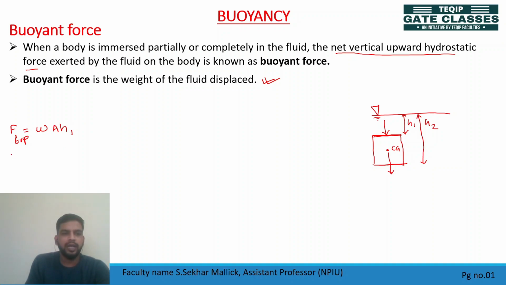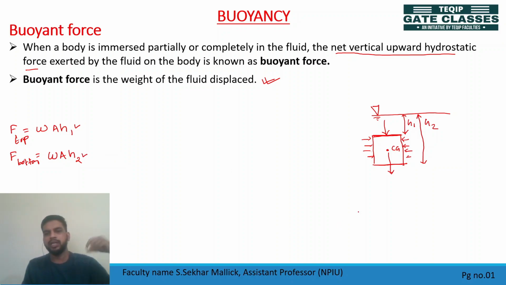And how much will the hydrostatic force on the bottom part be? Tell me the bottom part hydrostatic force. It is at a distance of h2 from the liquid surface. So can I say this is omega a h2? And the vertical parts, this surface and this surface, will cancel each other. The hydrostatic forces on the left hand side and right hand side will cancel each other, but the top surface force is omega a h1 and the bottom surface hydrostatic force is omega a h2. They are different. The h1 and h2 values are different.